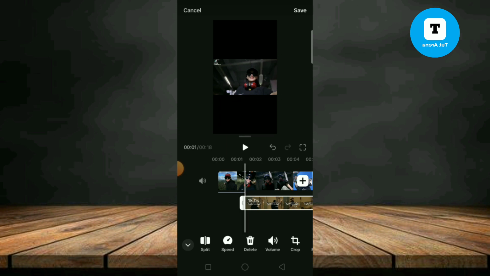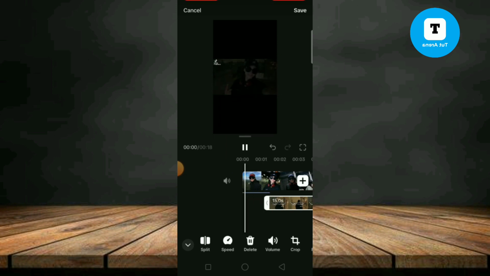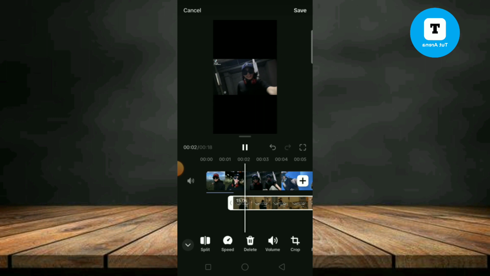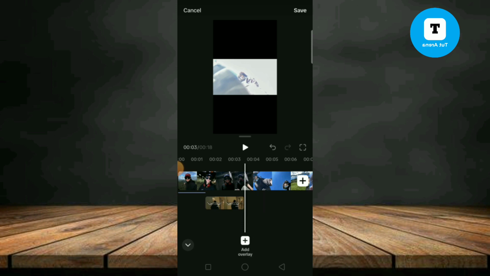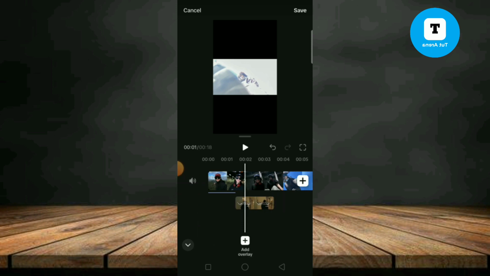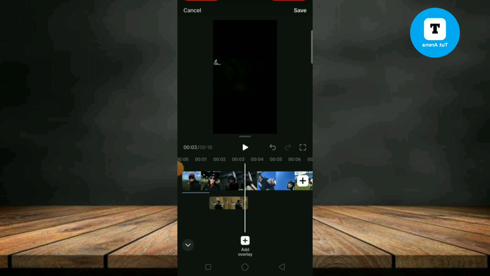Then you can only extract the sound, and you can also crop it, or you can adjust it like you want. If you want to split it, you can do it, or also you can delete the other clips like this. And here, if you want to add another overlay, you can also do it by tapping on here